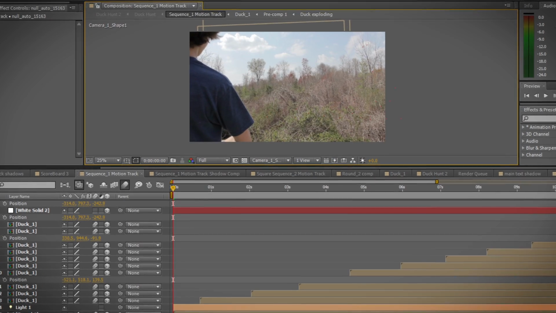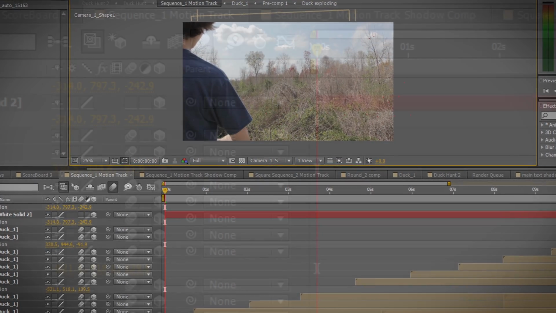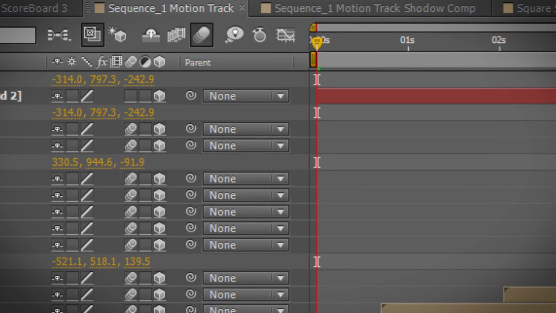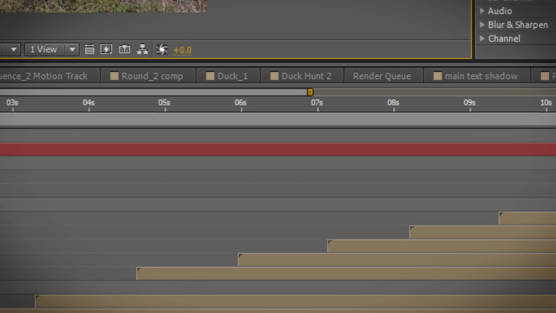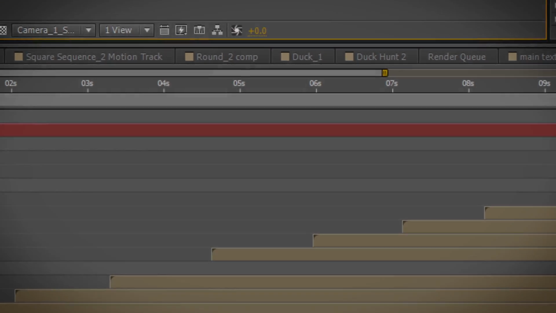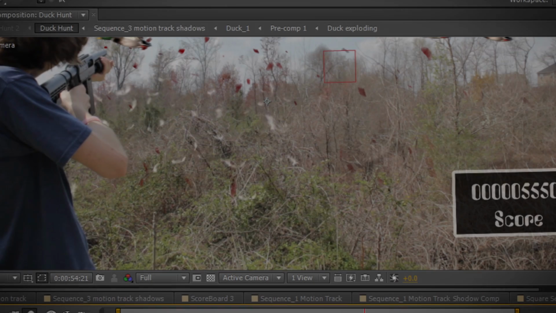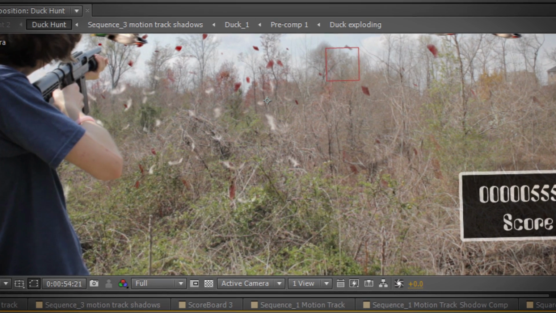Once I completed the duck comp, I brought the comp into the comp with the motion tracking data and made the duck comp into a 3D layer so it followed the camera movements of the footage. Now it was just a matter of duplicating the duck comp and moving and timing them to explode where Eric shot the gun. The last step, and the hardest step in the video, was adding the shadows